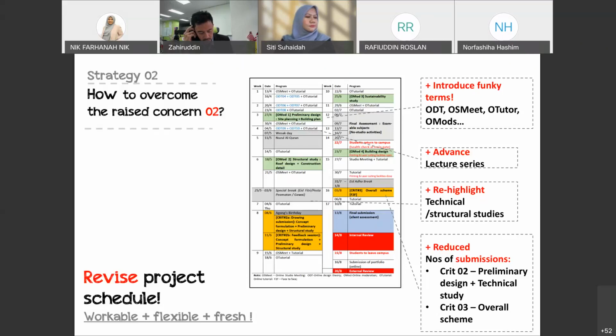Now, in the new revised schedule, I also have the lecture series, rather than spreading it throughout the whole semester. What happened is that we pushed all the lecture series to be much earlier. As you can see, the lecture series are being given much in advance. In fact, it was even completed in the first 4 weeks of the semester, after the MCO. So it pushed all the lectures much earlier because